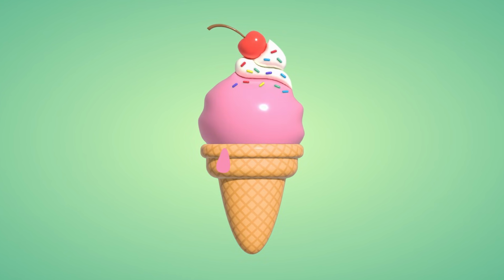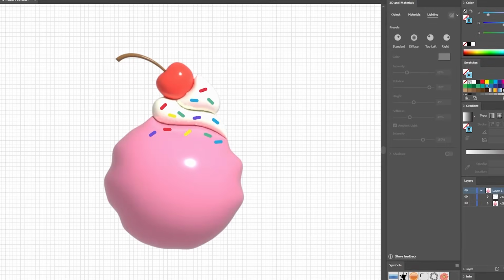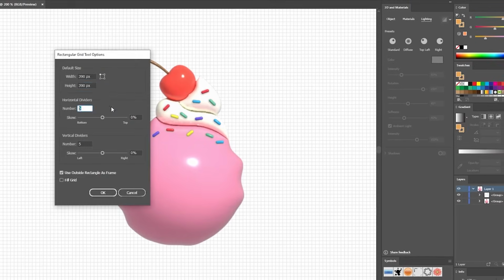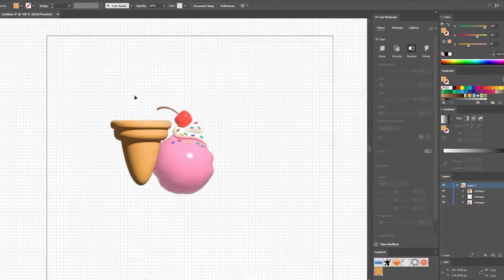I've been working in Illustrator for over 10 years, and in this Envato Tuts Plus tutorial I'll put my experience to use as I show you step by step how you can create this 3D ice cream design using Adobe